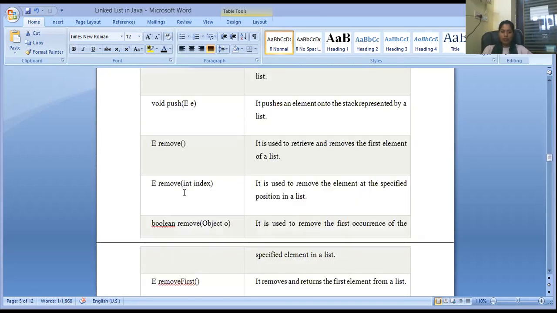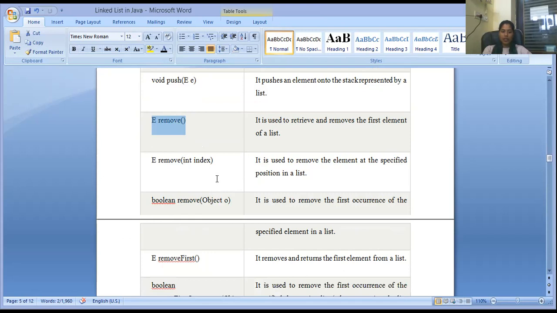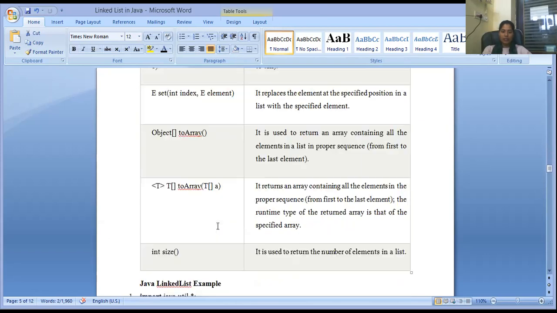And E remove() is used to retrieve and remove the first element of the list. And E remove(int index) is used to remove the element at the specified position in the list. And boolean remove(Object o) is basically used to remove the first occurrence of the element in the list.